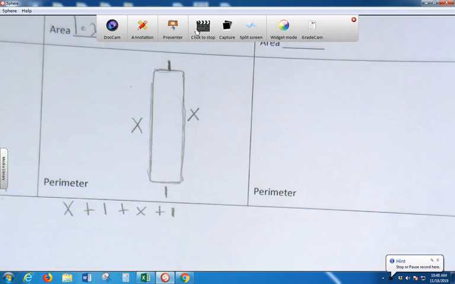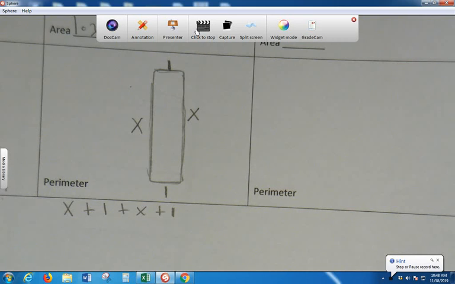Now, does anybody know how to simplify this? I don't know where your levels are at. Some of my students felt like this is it, second period. You guys? No. Isn't it 2x? Is that it? Just 2x? No. Just X. 2x is the number. 2 x's, and that's it? No. Well, I have